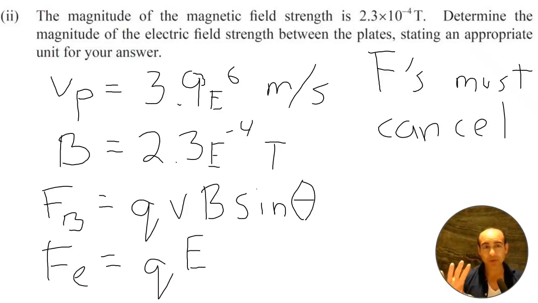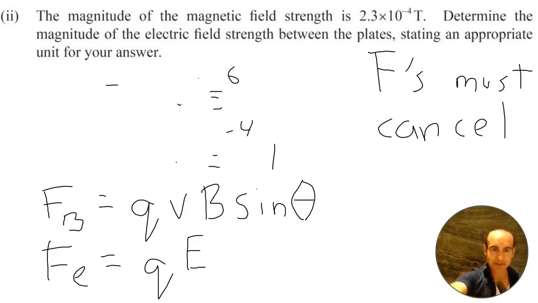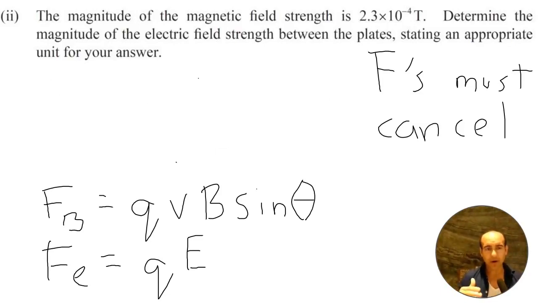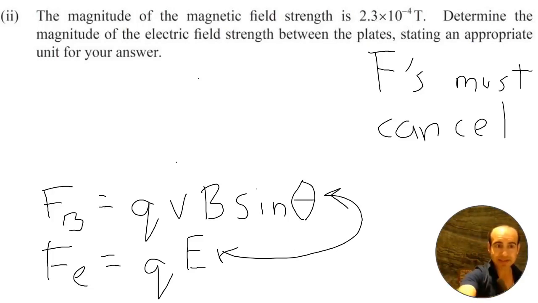So what the question is asking us here is we want to know what is the magnitude of the electric field between the plates, and also the right units, okay? So essentially, if these forces must cancel out, we basically want to set these two values equal to each other. So I think I can do this on the same slide. Let's just wipe out the stuff at the top here. And notice just from the beginning that our Q values are going to cancel out, right? So if we set this equal to this, those Q's represent the same thing, that is the charge of the proton, right? So they're not the Q's of different variables, so that makes things very easy for us. And we can just simply set this as E equaling vB,